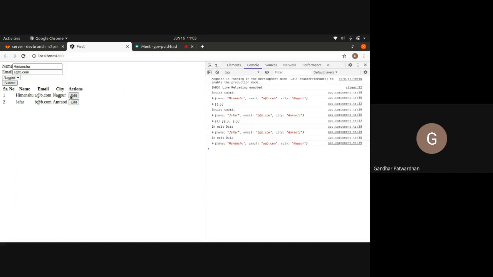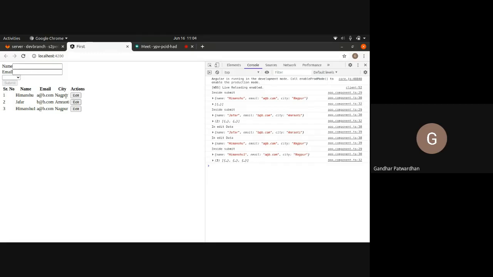If I click on Himanshu, right, I'll see Himanshu's value here, right? How are we doing that? We are doing that using the patch value function of our form. That is how we are doing it, right? Next, what needs to be done? If I click on submit, this is not going to edit your code. This is simply going to add a new value with the same values. If I say Himanshu 1 and if I click on submit, I get a new row here, but that is not what we want. What we actually want is the same row should be updated.